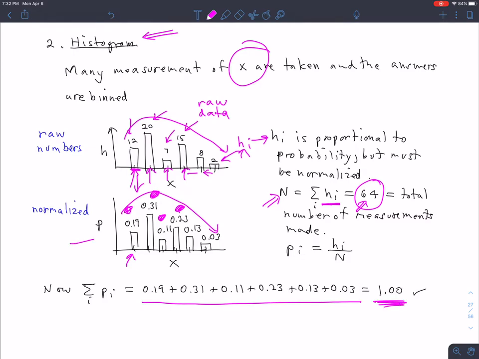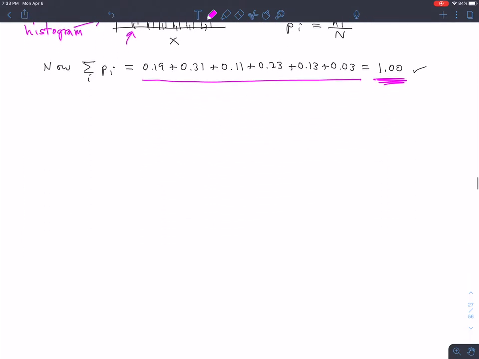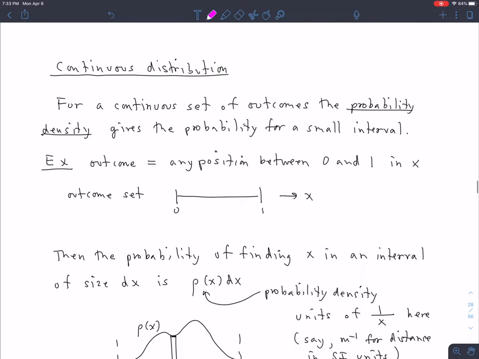So this is a normalized histogram, and therefore represents a proper measured probability distribution, right? This is how you actually experimentally measure a probability distribution. Okay. I mentioned up above that in some cases your outcome set is on a continuum, so positions, for example,